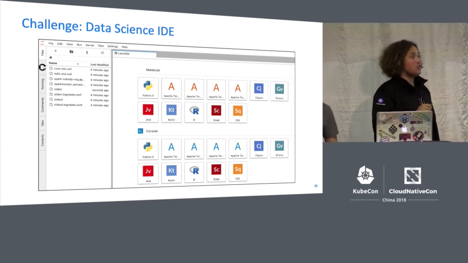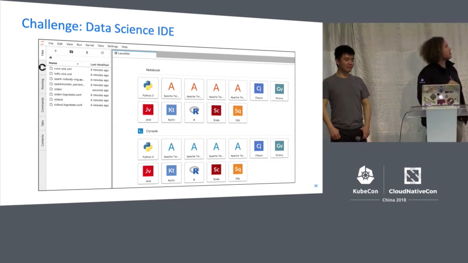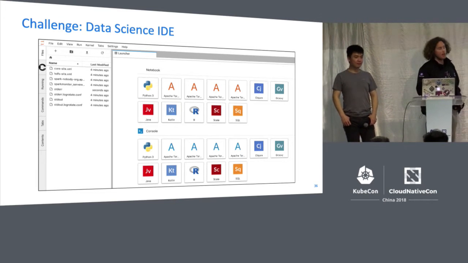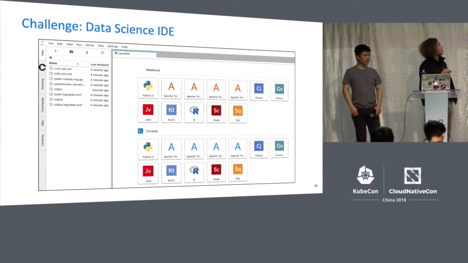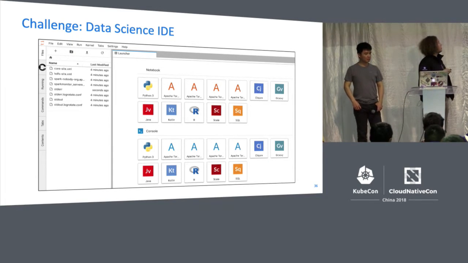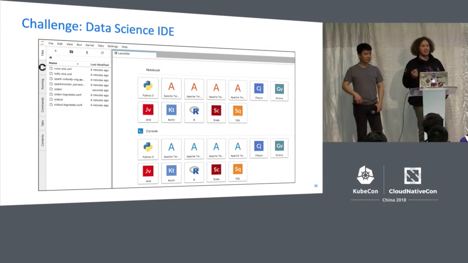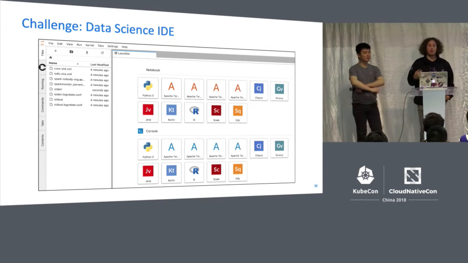For those of you who haven't seen Jupyter, this is what Jupyter looks like. This is the first view when I go in. I can simply, in the web browser, write all my Python code. I can write my Scala code for Spark. I can write Java code. So I don't have to set up my own environment, and I can then also execute it from there. I can export those notebooks and share them. So they're a very nice way for data scientists to not have to deal with setting up infrastructure and to be able to focus on their real work.